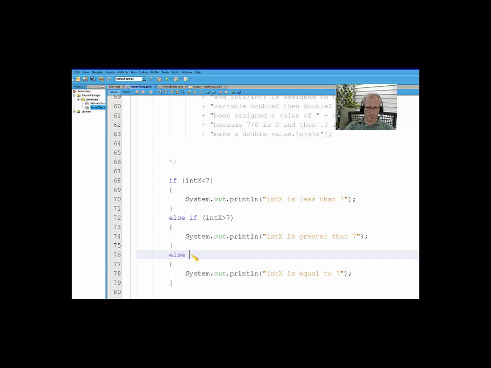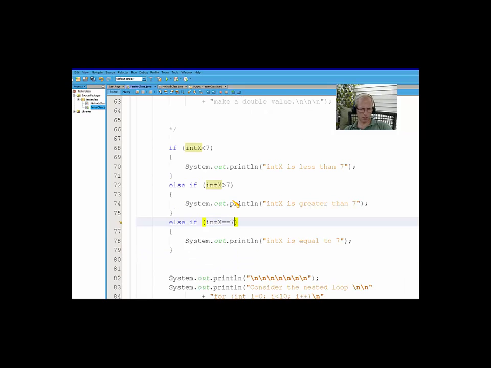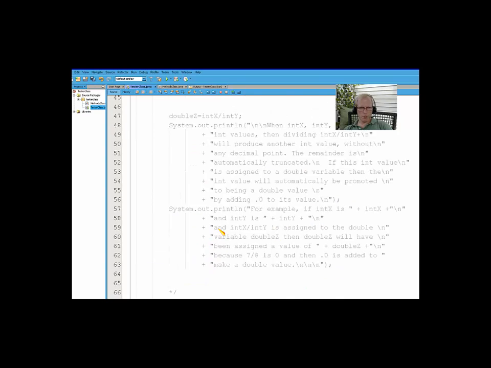I could have also done else if int x equals 7, system.out.println int x is equal to 7. That would produce the exact same results. So let's see what we get. You may recall